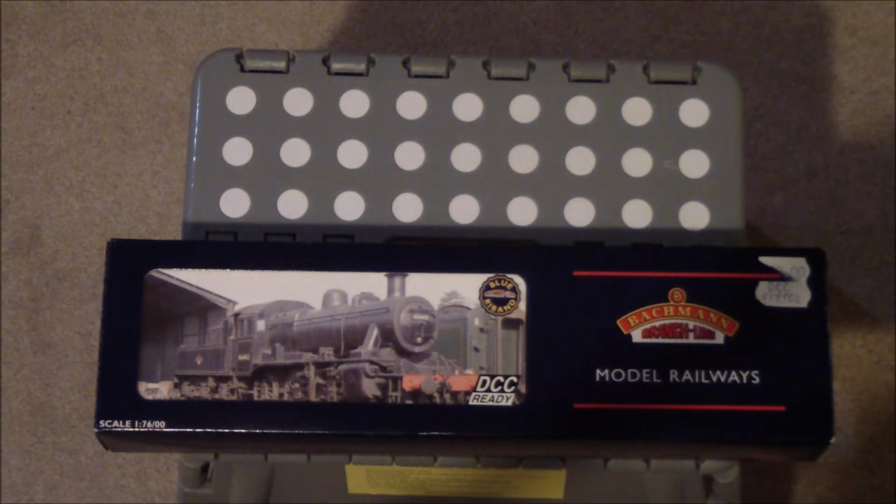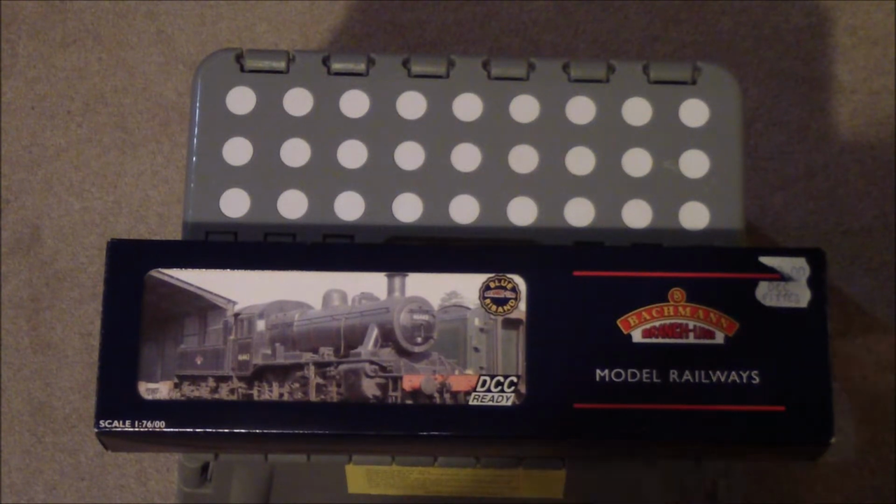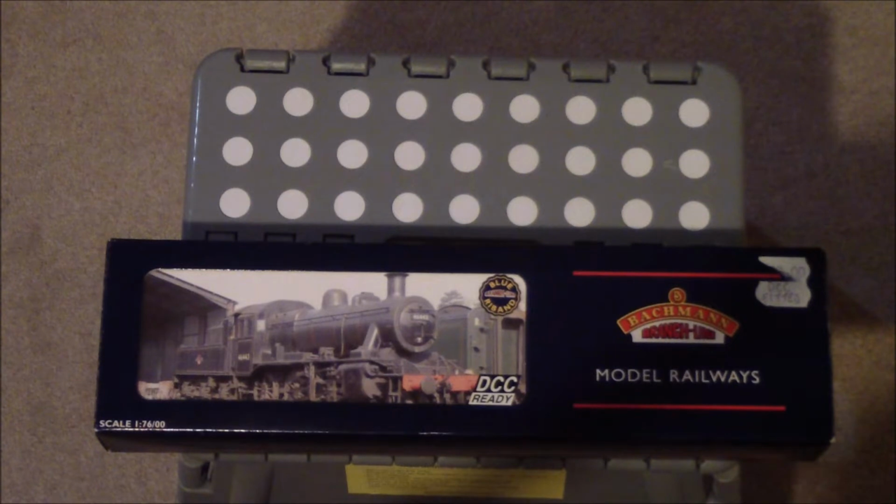Now, alongside the tender engines, some 2-6-2 tank engines were built as well. They were built to a very similar design. In fact, they had more or less the same components, the main difference being that one was a tender engine and the other a tank engine. The tank engines were built for branch lines. The tender engines as well. These were built to basically replace a lot of the much older designs that were built way back in the 1800s. And they survived more or less intact until the early 1960s, when withdrawals began,